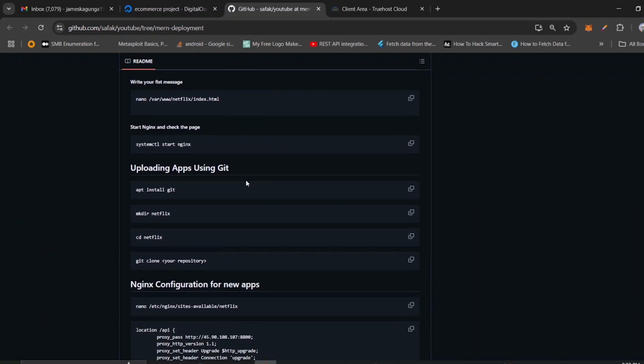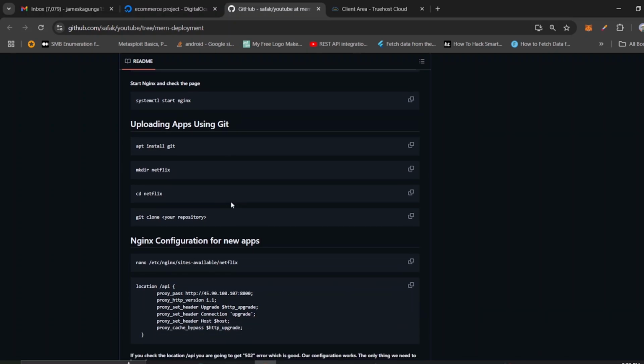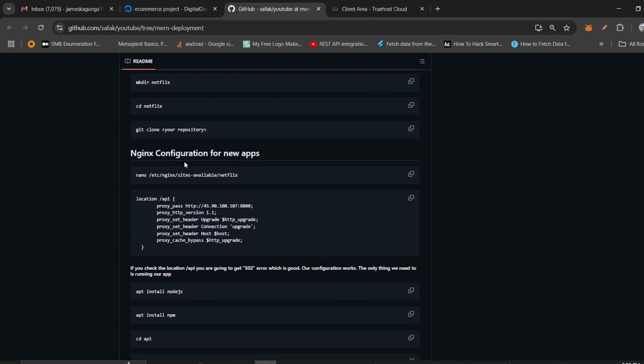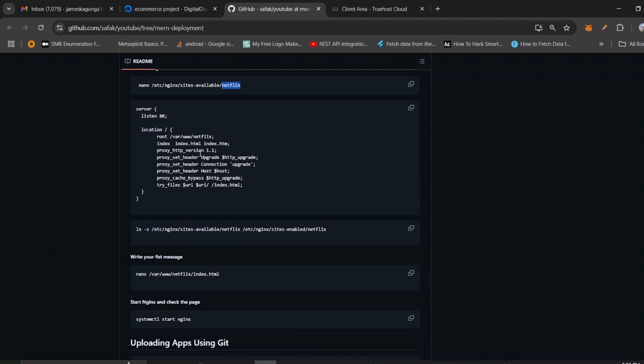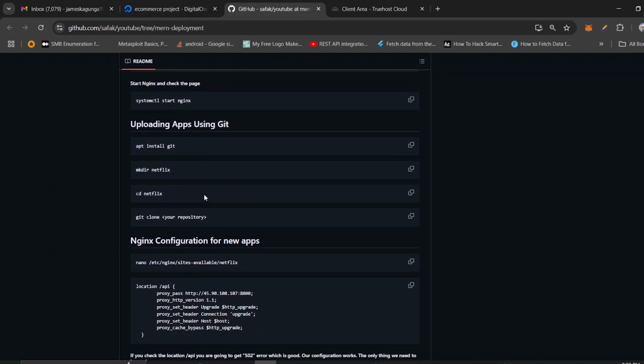And then also right here, you can see we need to do systemctl start nginx, so that our Nginx can start and serve as a reverse proxy. Also, you can see here, for example, we need to install Git. We are going to do that after I've done the configuration for our server. And then here you can see